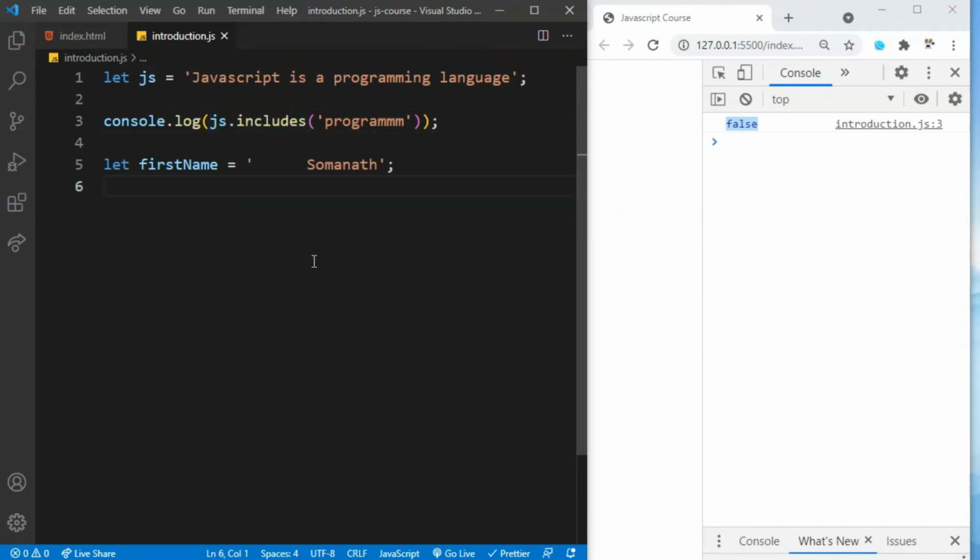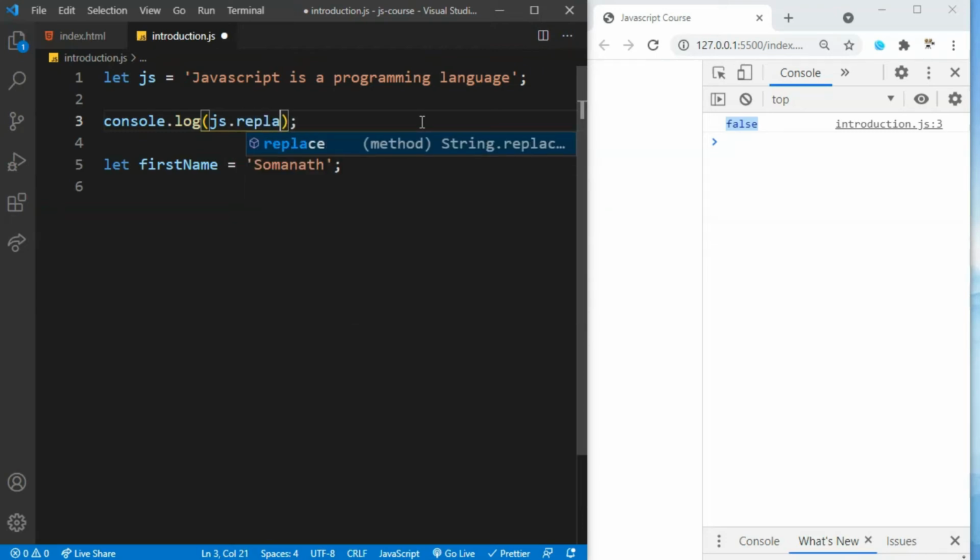Now let's talk about the replace method. The replace method takes two parameters. One is the old substring and another one is going to be the new substring to replace. For example, if I remove this, inside of the console log, I'm going to say js.replace,